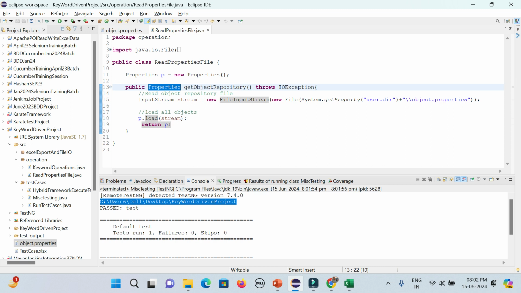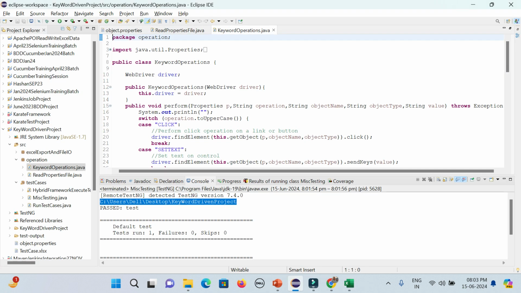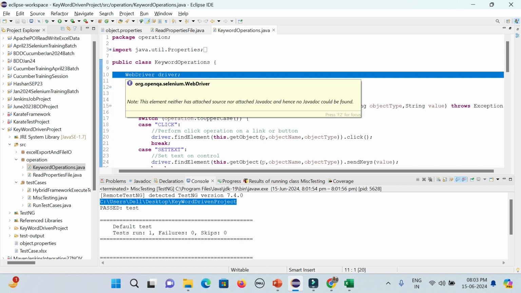Second class. I want to match whatever I have written in the Excel sheet and map it. What is the operation objective? I need to match it with the Selenium command. These two parts I need to match, so I will be creating two methods. One is for defining the keyword actions, and the other is the part I want to map with the relevant element locator technique. If you go to Eclipse here,